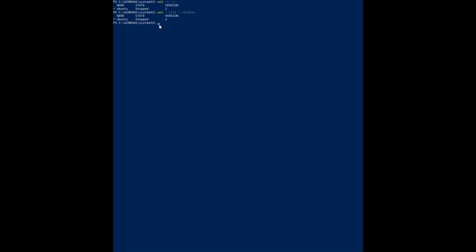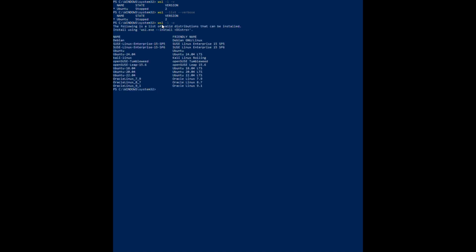The same command can be done with --list --verbose, so it's just the full words with two dashes instead of one. The shorthand for the flags is -l -v. -l -o will give you a list of all the distributions available to download online. You can see there are things like Debian and other versions of Ubuntu. If we want to install any of these, we use this command it gave us here,